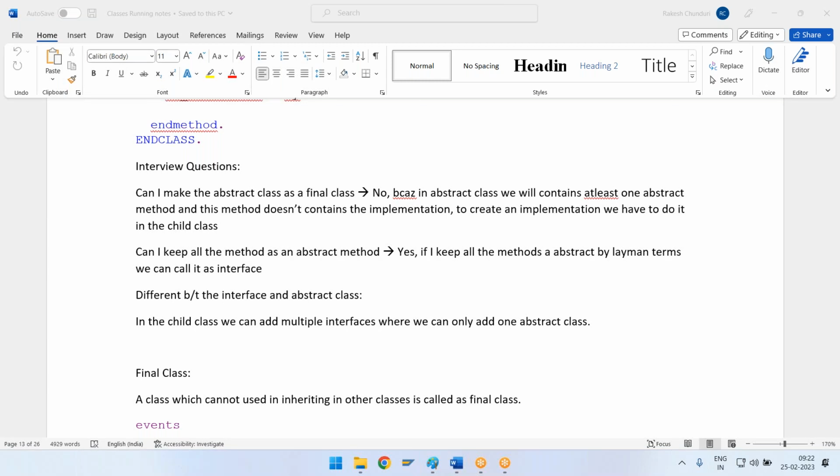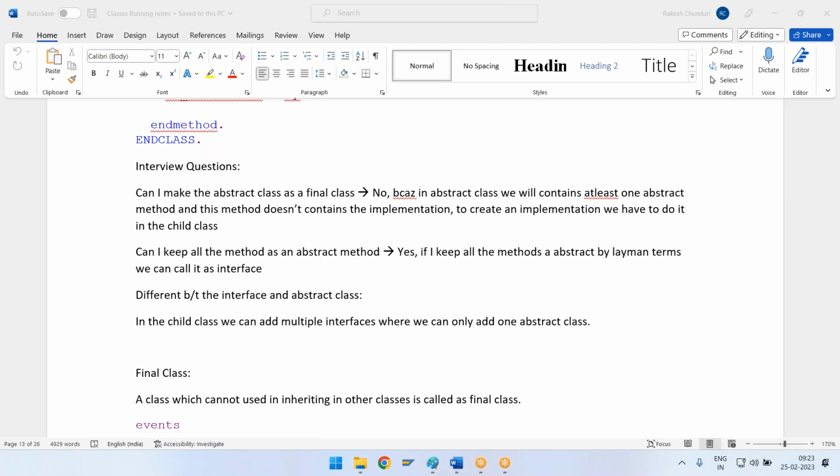An abstract method also contains only a method definition, we don't have the method implementation. So let's say in an abstract class I keep every method as an abstract method. Then in layman's terms we can call it an interface, because none of the methods have an implementation. But when you are using it in your child classes, you